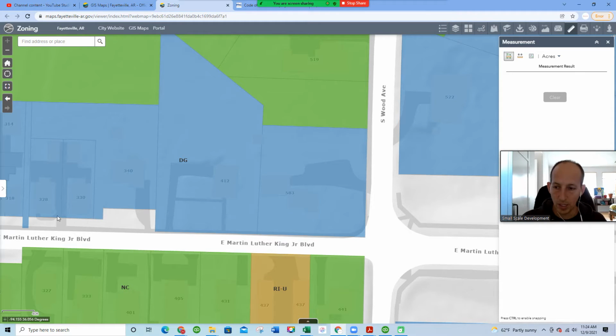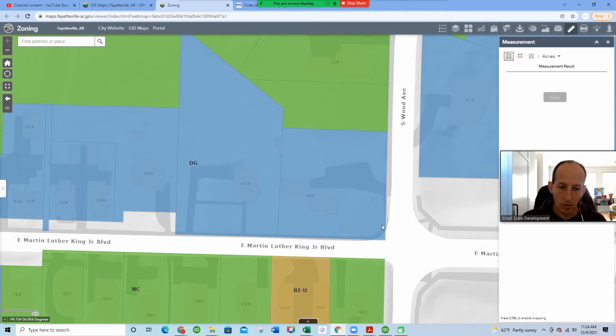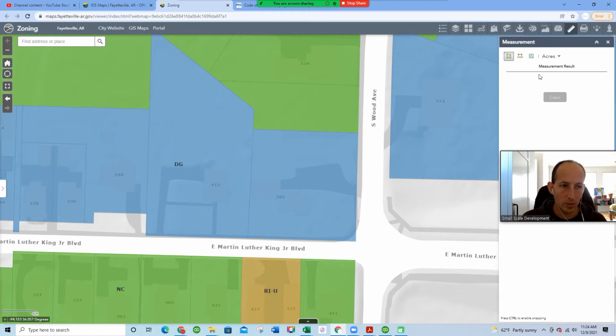So over here, you can see these have already been split and built. We built these ones over here, and we had to give up this amount of right of way here. I'm not sure what's going on here, but in any case, we can imagine that somewhere right about here we'll lose about 10 feet. And so we said it was 138 feet. So let's just say we lose